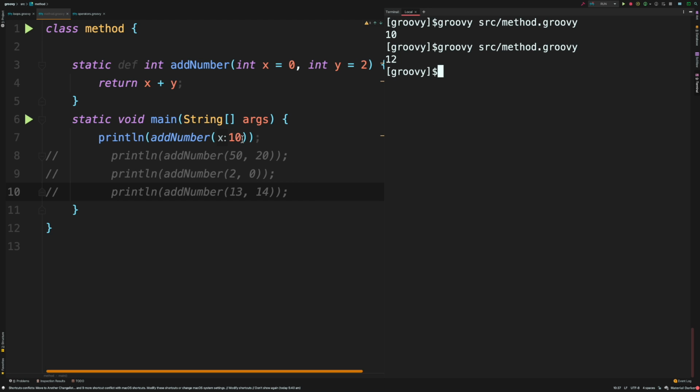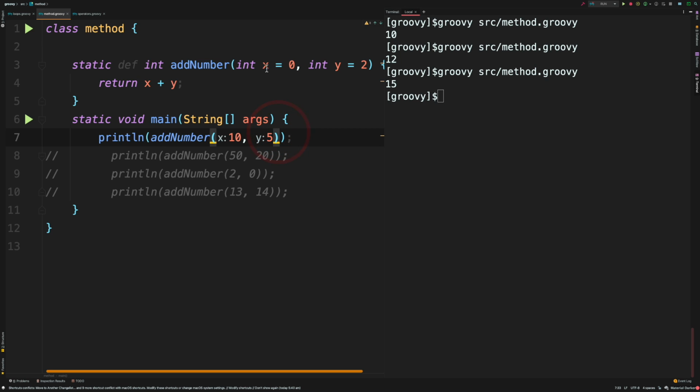Now let's just say I go back to the function, press a comma, and I will define a value of like 5. Now as you can see here, we are defining a value for both x and y. Now in this case, when we define the value of both x and y at the time of calling this function, it is going to use the value which we have defined instead of the default values. So I'm going to run this code, and it's going to give me 15. So it's ignoring the default values that we have specified.